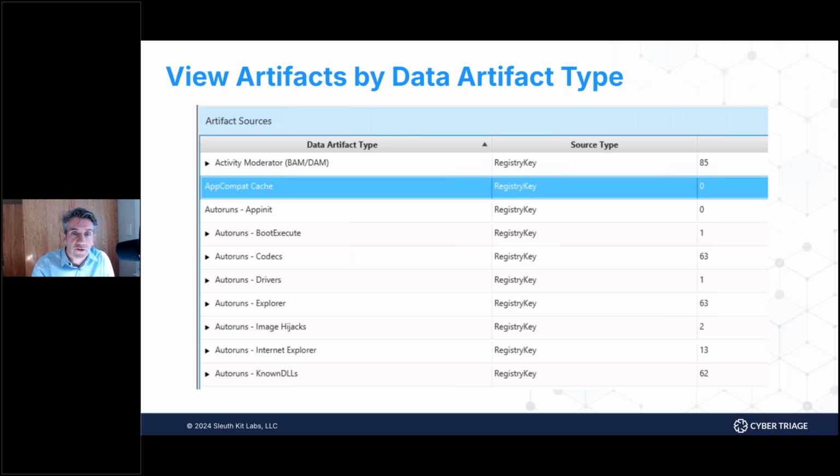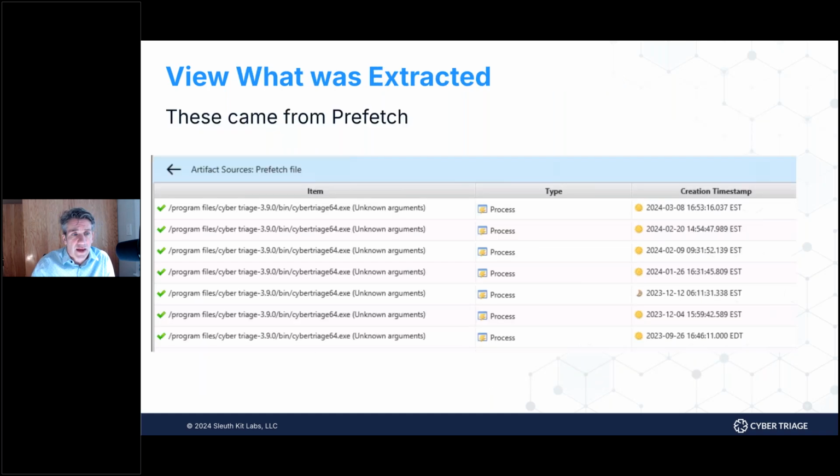So this new artifact sources view allows you to see all of the data artifacts that we parsed. You can see app compat cache there, or BAM, or the various auto runs kinds of things. You can click on that and then see all of the items in here. This is an example where we clicked on prefetch. These are a bunch of items, Cyber Triage executions that came out of prefetch. You can see here those resulted in processes, and these were the timestamps that we got out of the prefetch file for those. So this is a new way now for you to say, hey, I want to compare prefetch,